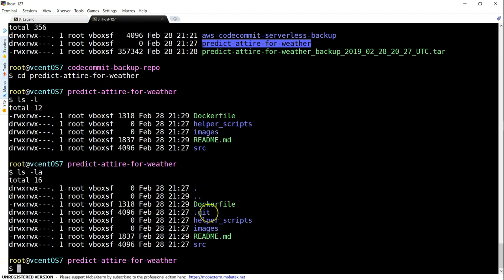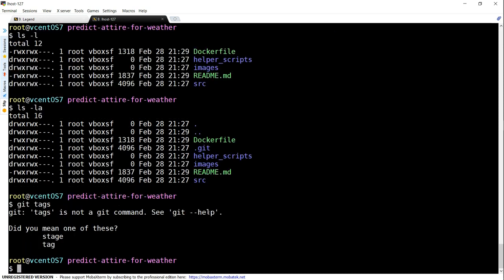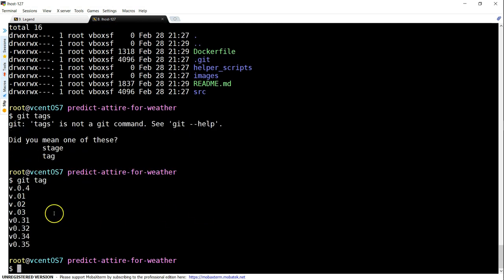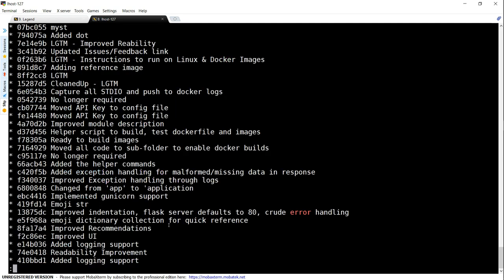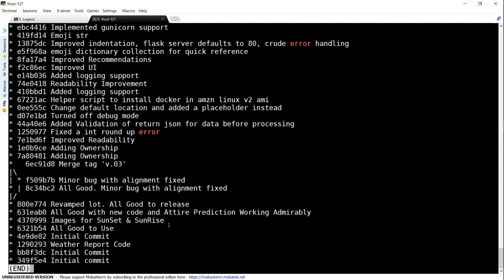You can see that here, and if I go ahead and list my tags, I should be able to get all the tags. I'm supposed to say git tag, and you can see here all the tags that are there are shown up here. If I want to show all the commits also, I can do that. If I want to show the commit history in one line, this is the entire commit history of that repository,